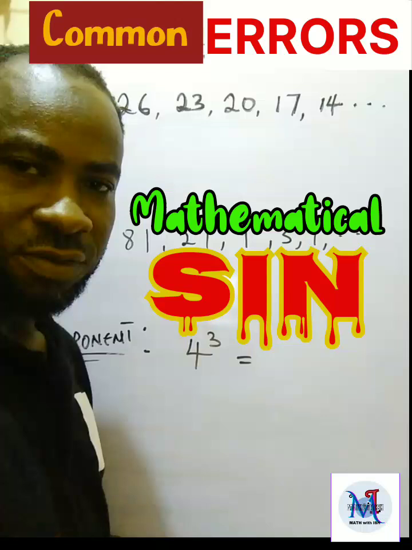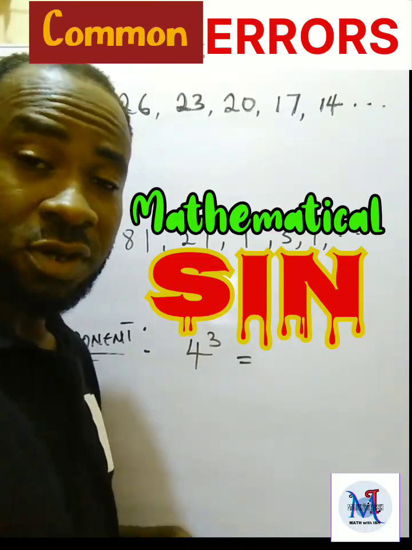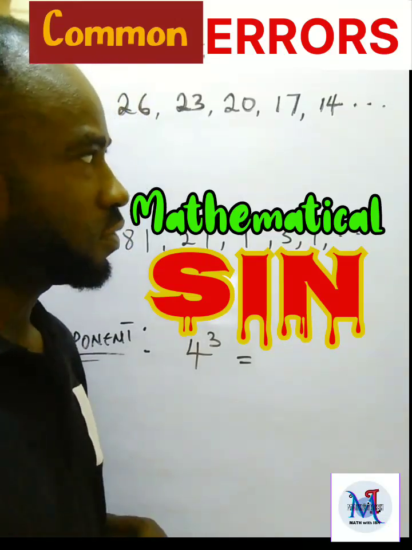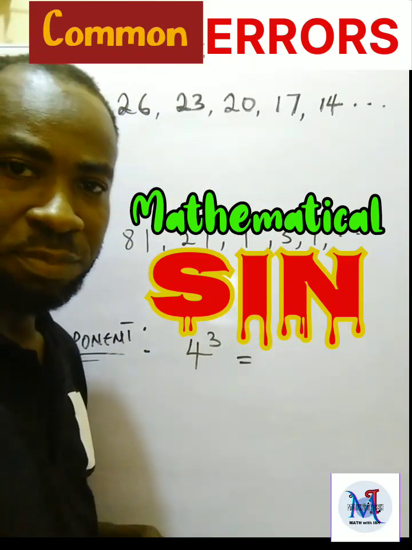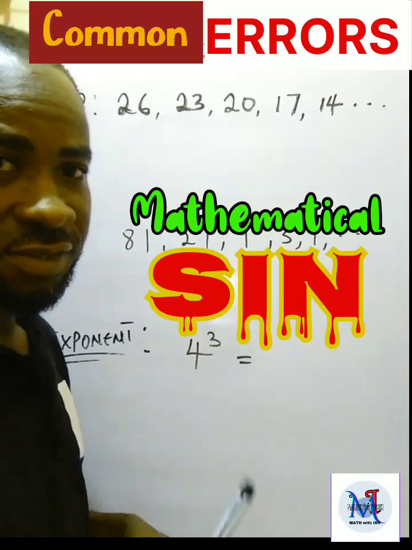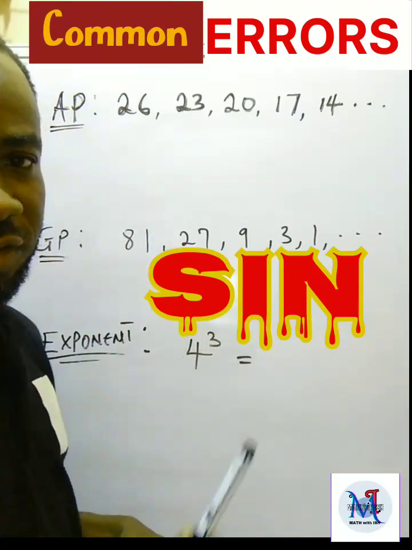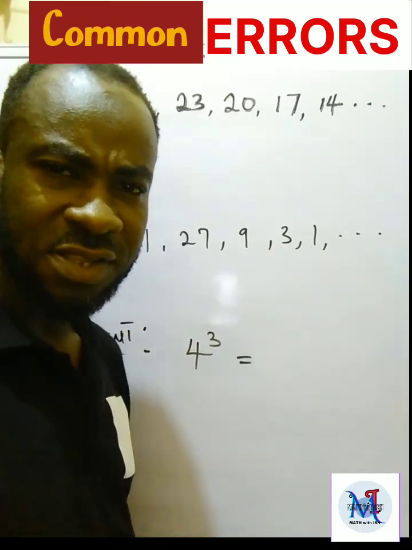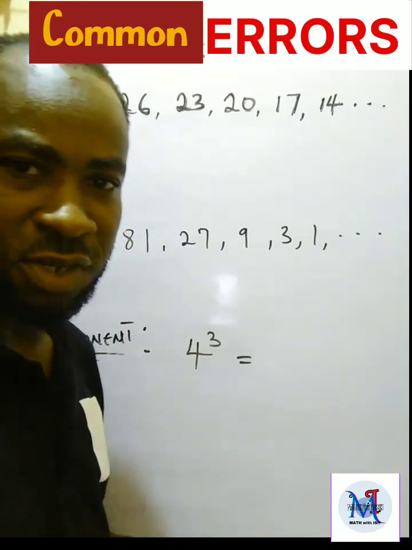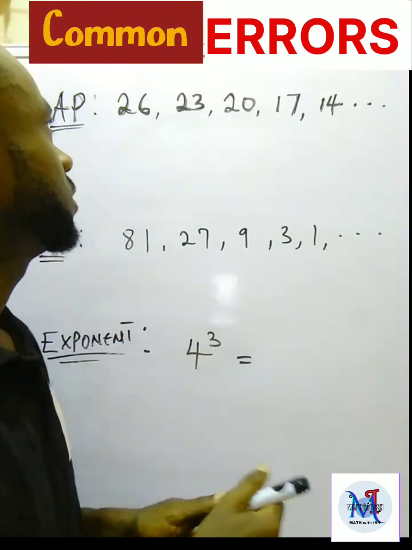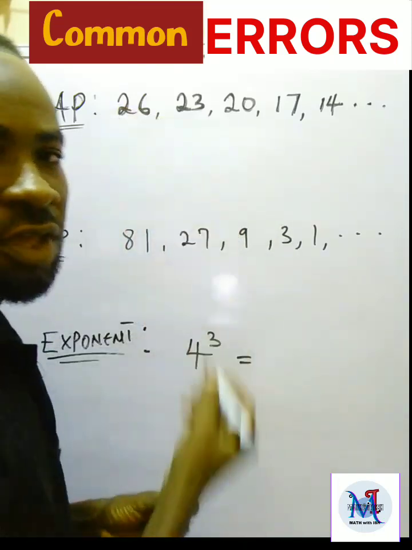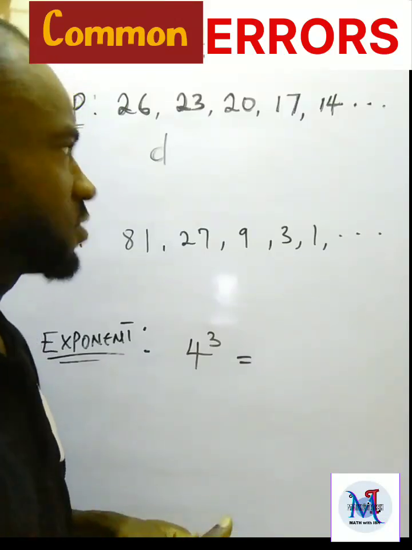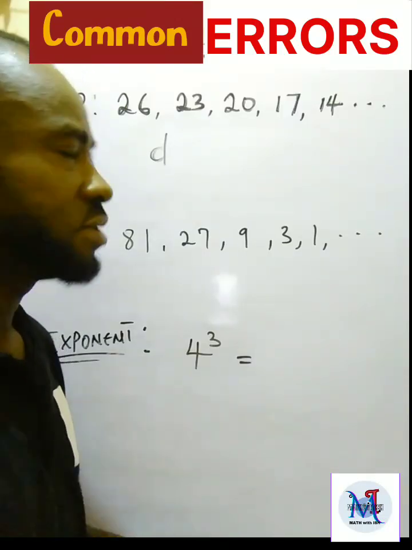Now I just want to make this video to correct some of the common errors I see students make. Okay, so I have three examples on the board here. The first one is on AP, the second one is on GP, and then the third one is on exponent. So let's look at the errors that the students normally exhibit. Now, when it comes to AP, I discovered that getting the common difference, which is symbolized as D,